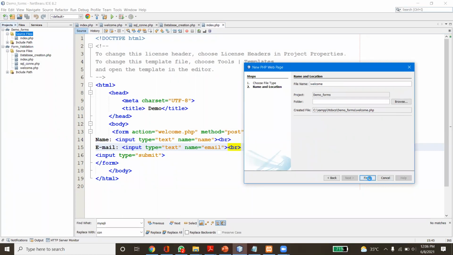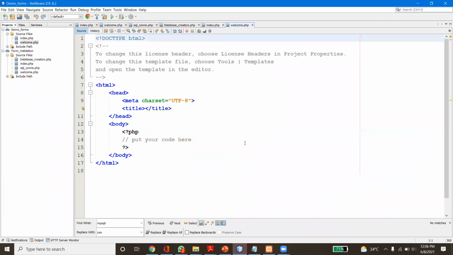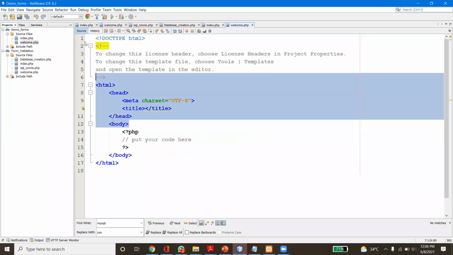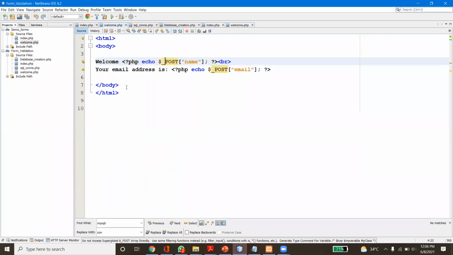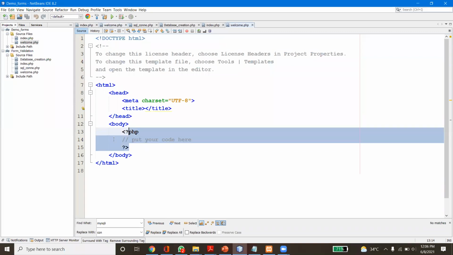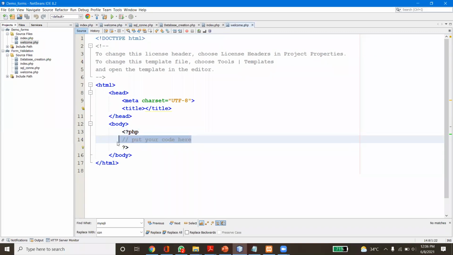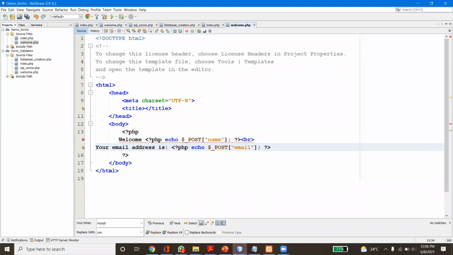Welcome.php. Now the code we have to write here is the PHP code. We will discuss about this one here.